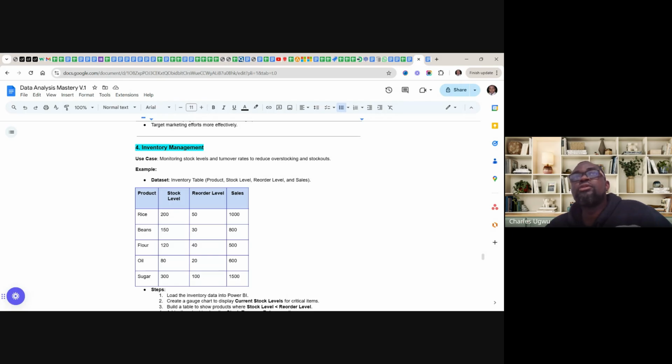Some products will be there, and they keep on expiring, and we keep throwing them away. But if you have a good inventory management system where you can combine the analytics of Power BI, you should be able to know that this Agege bread is not selling, people are not buying it.